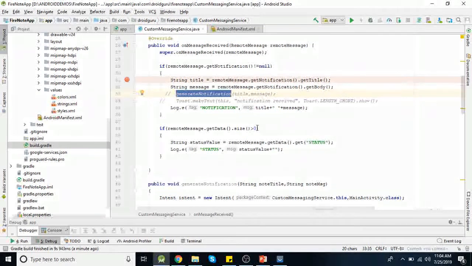So this is how you can configure your push notifications from a Firebase console, and you need to use this messaging service for retrieving that notification, and you can also add some key value pairs in that notifications. So basically this Firebase Cloud messaging is used for user engagement, for notifying users about your app updates, or when you add some new features, or anything you want to tell users, you can use this FCM method.